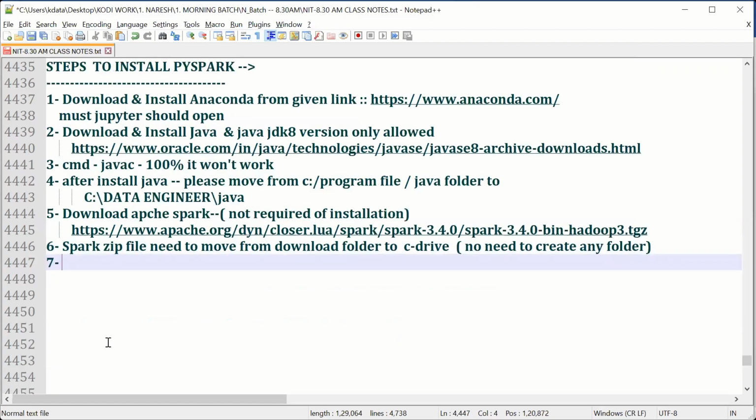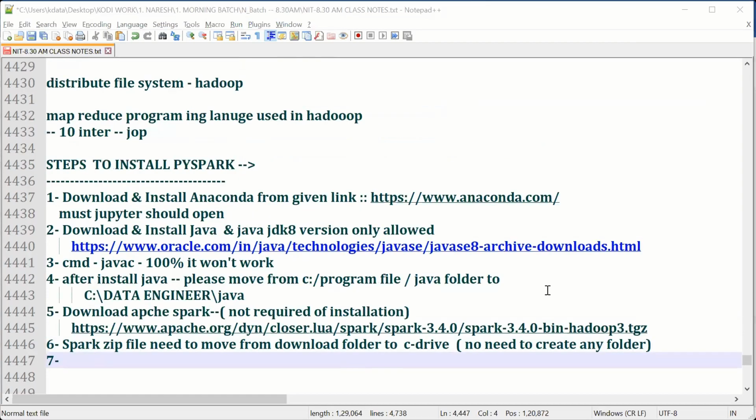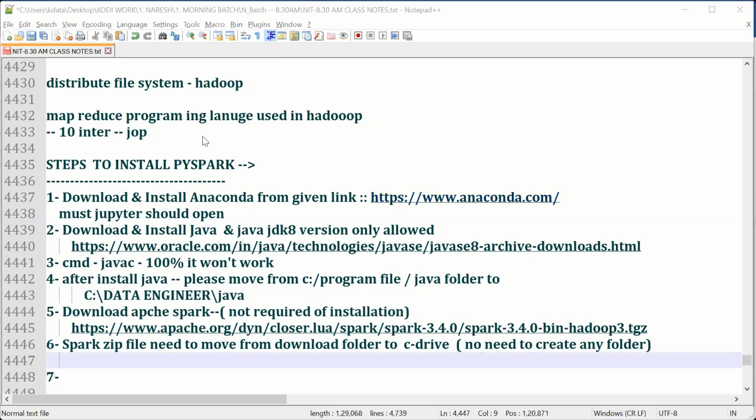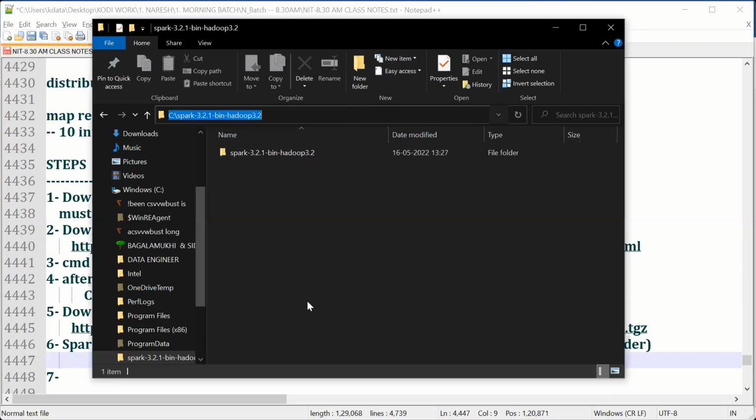Java required folder, Spark not required folder. And the reference file I mentioned, is this for the Java folder or not? This will be done. C, Data Engineer, Java. About this, what happened? So that's why copy and